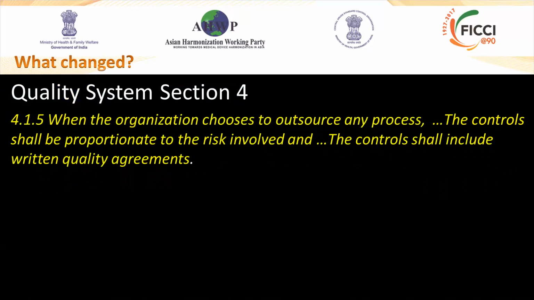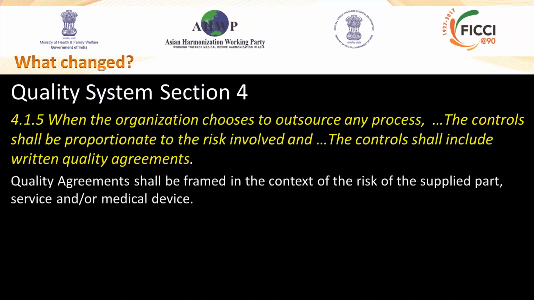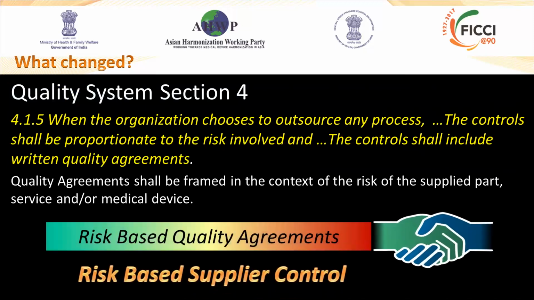Quality management is Section 4. You'll also notice that everything is to be done according to the risk, in proportion to the risk. So if there's a device with a higher risk, you're going to see more controls expected to manage the risks related to that device than if it were a lower risk device. So this can especially be seen with some of the quality agreements that you'll be having with suppliers. You'll want to have more control over suppliers that are supplying more critical parts.